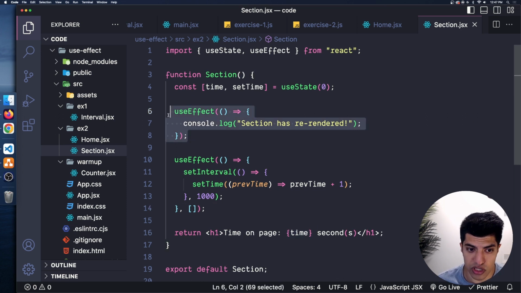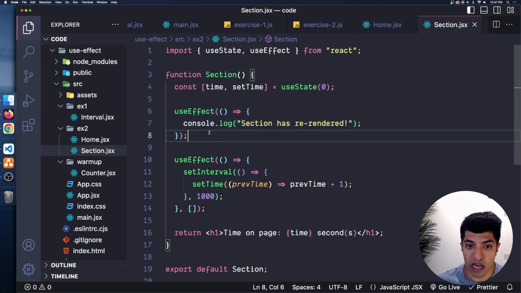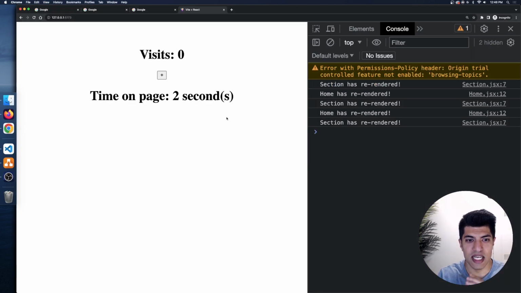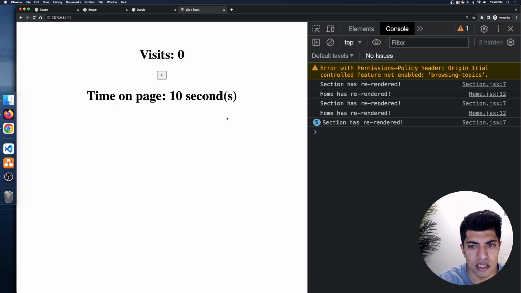And we should also see section as re-rendered, every single re-render, every single time time changes. Wow, that's a lot, tongue twister. Okay, I'm going to switch back here, and I'm going to refresh the page. So I'm going to refresh the page, and okay, so you might notice something already is a little bit weird,